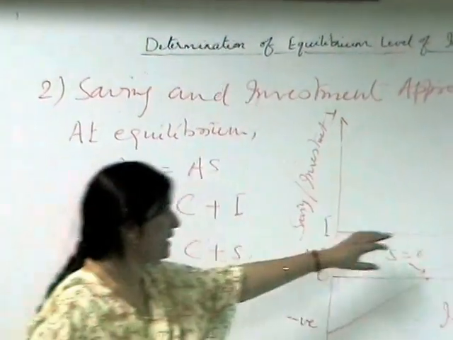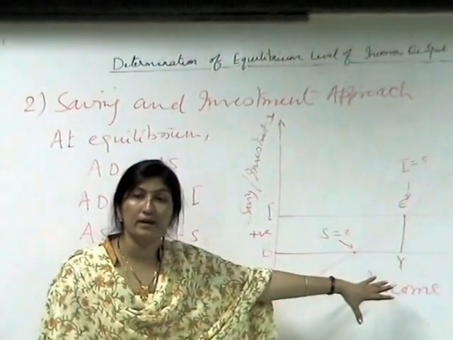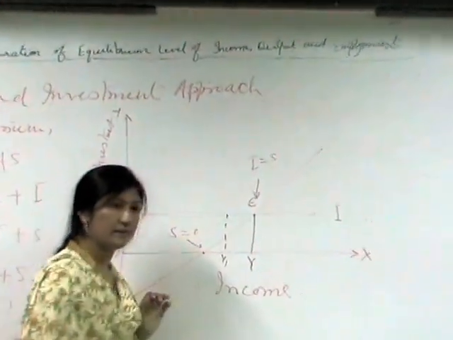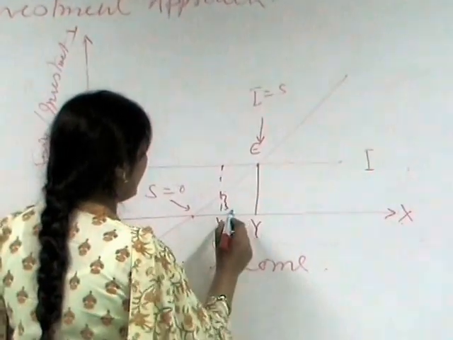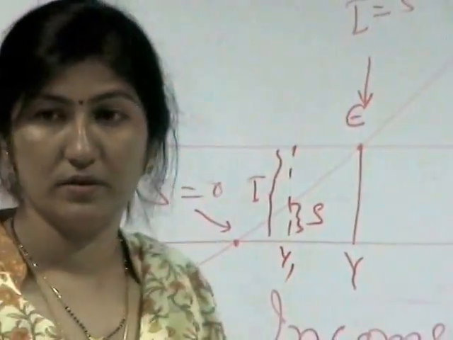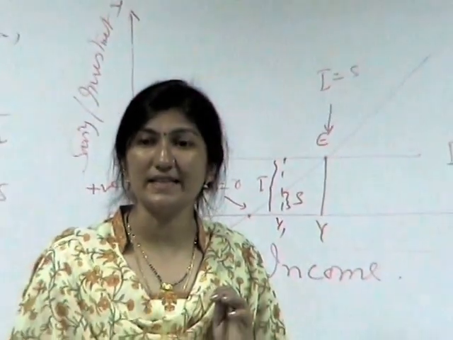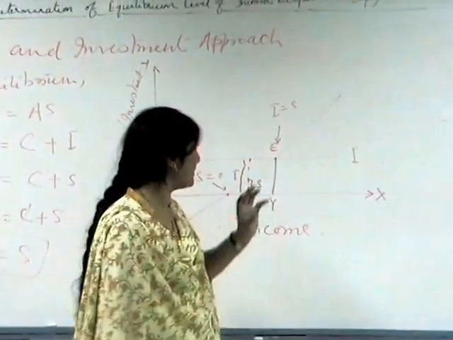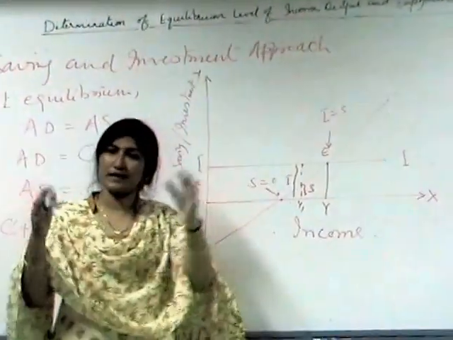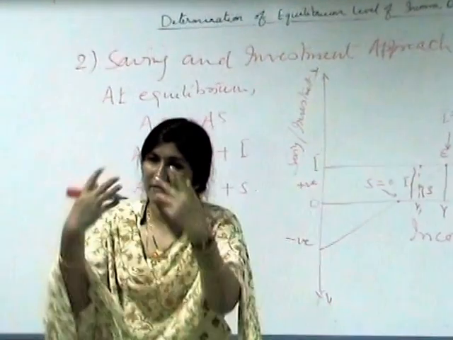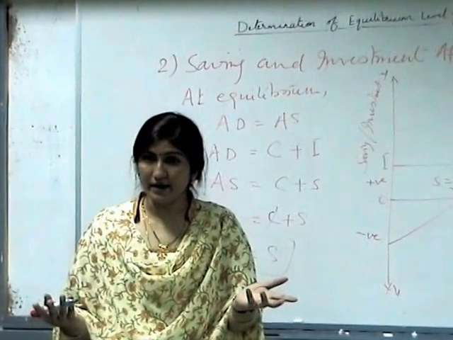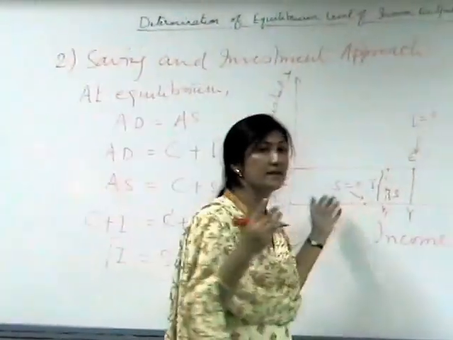Now, why is this E point or this OY level again an equilibrium level of income? Take another level. Supposing we are taking the Y1 level. Now, this is the part of saving. This is the part of investment. What is more? Investment is more, but saving is less. So both are deviating from the law which says that they should be equal to each other. Means producers are investing, such a law. But since savings are not there, the things are not being purchased by the people. Saving is not there. You getting it? So automatically this will not remain as an equilibrium level.